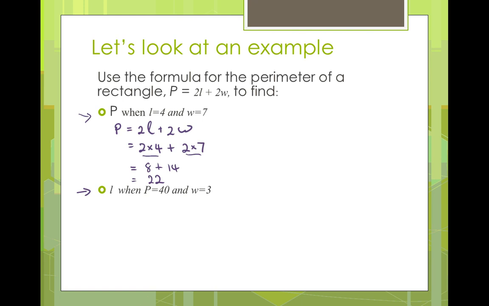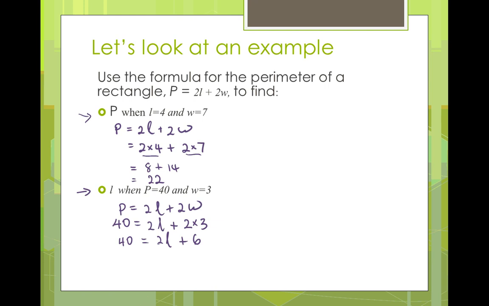So again, I'm going to begin by writing out the rule, and then I'm going to substitute in the values that I know. So this time I actually know the perimeter is 40, so I need to put that in, or substitute that in where the P once was. 2 times L, well, I don't know L, so I'm going to have to keep writing that as an L. And this time we know that W in this case is 3, so 2 times 3. Alright, I'm going to write this out now as simplified as I can. So 2 3s are 6, and now I need to solve it by making equivalent equations